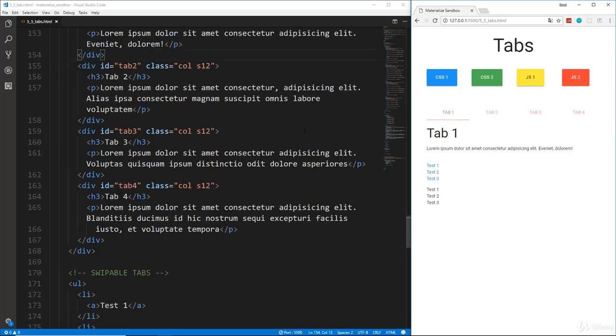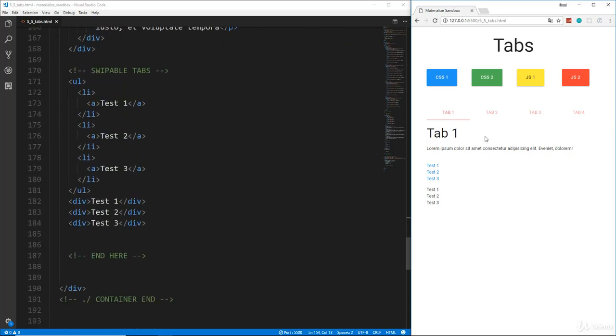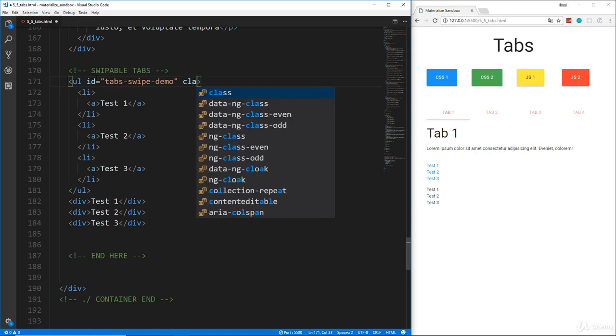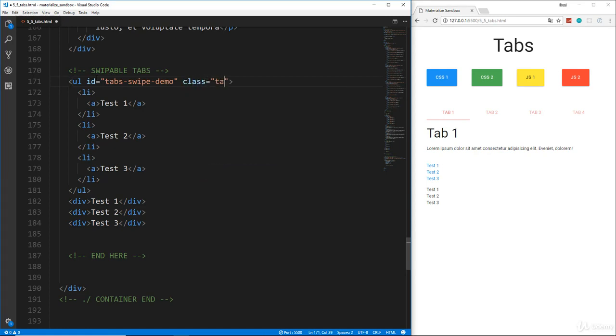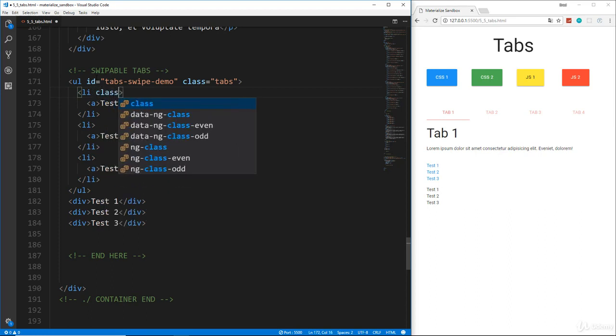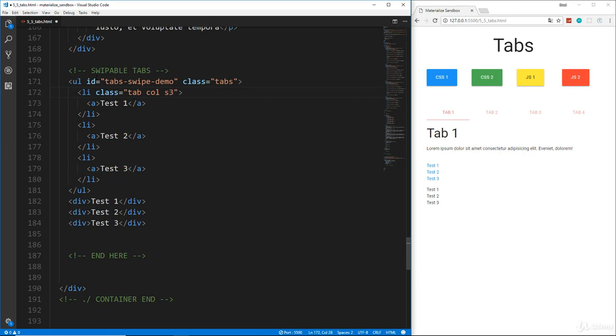Now we also have what are called swipeable tabs. So for this, we're going to add to this UL an ID of tabs-swipe-demo, and we're going to also give this a class of tabs. Okay, and then each LI will have a class, same thing, tab col s3, so basically the same thing as we did above. The href,